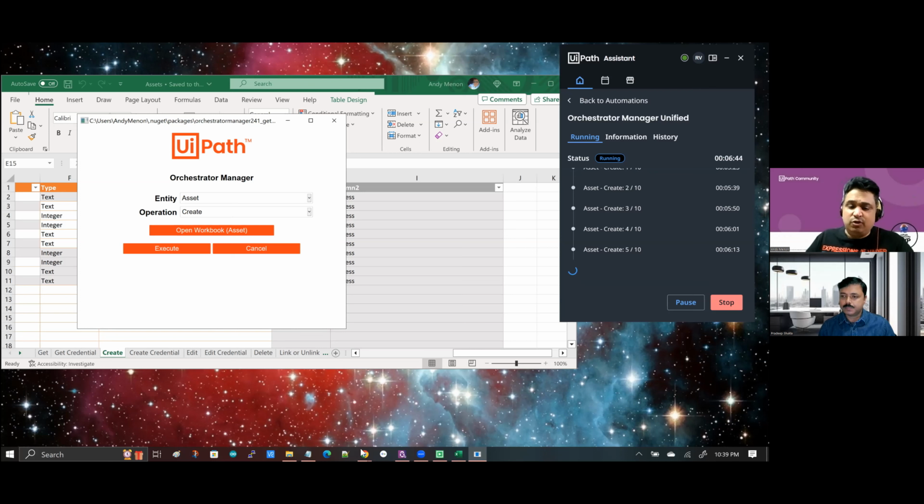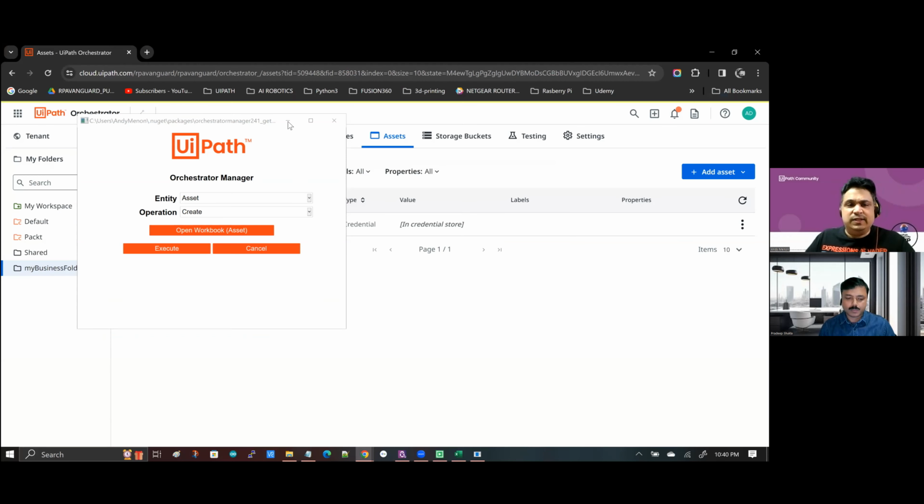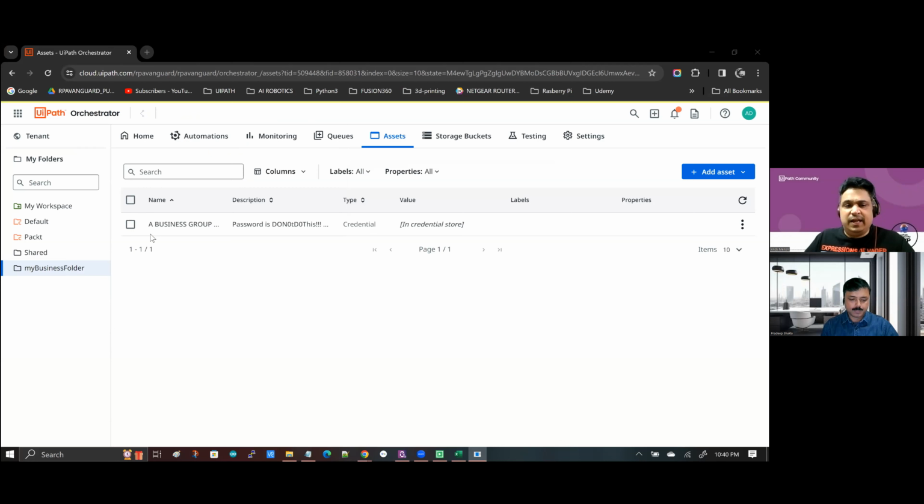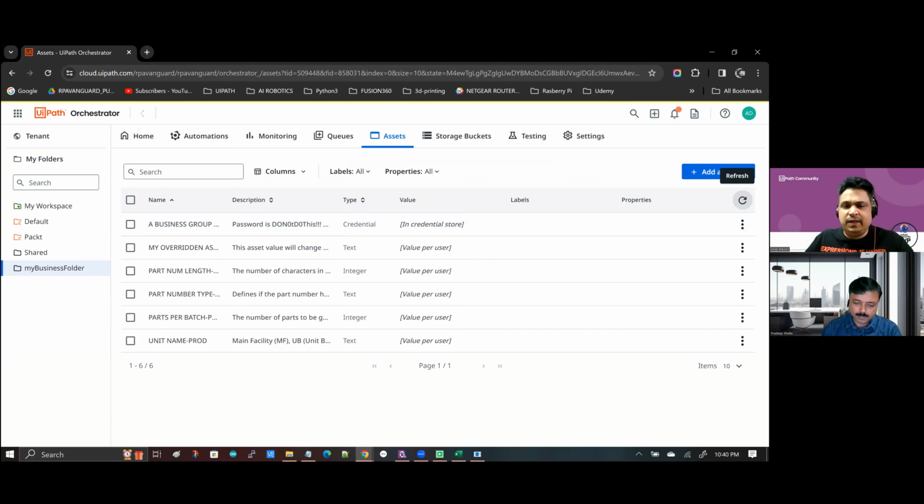But let's go back now to the target. And as you can see, I'm going to move this out of the way again. As you can see, there's nothing here. I'm going to hit refresh. And you see all the assets have been created here. And to prove my point, if I go and click on any one of these and hit edit,